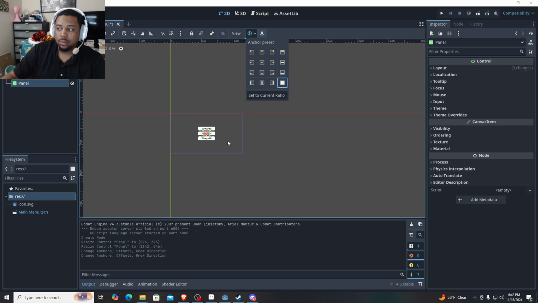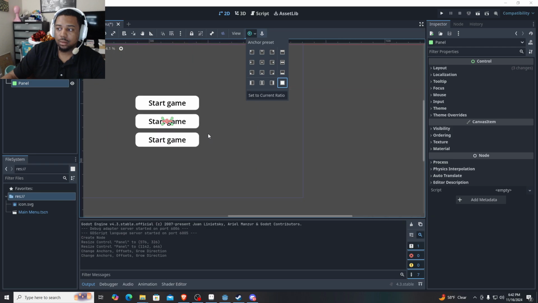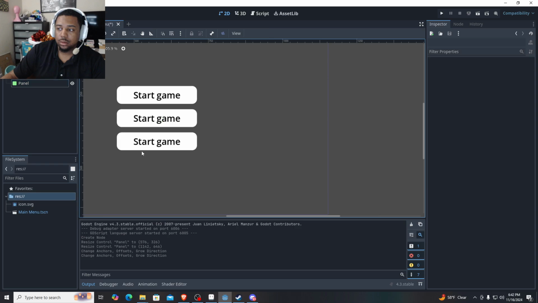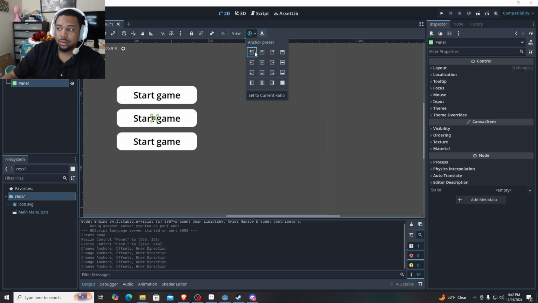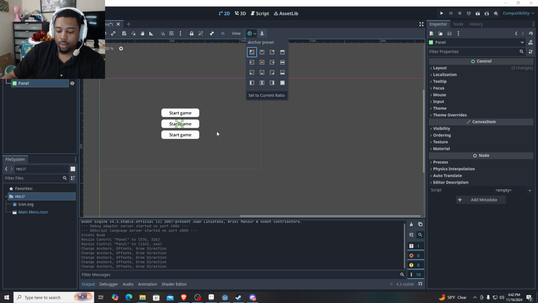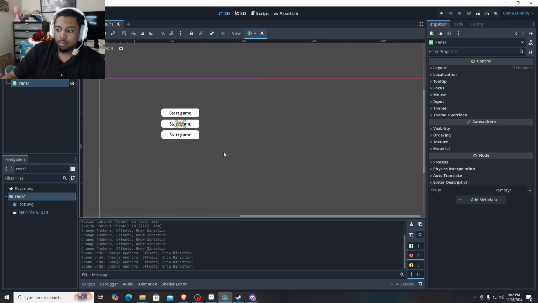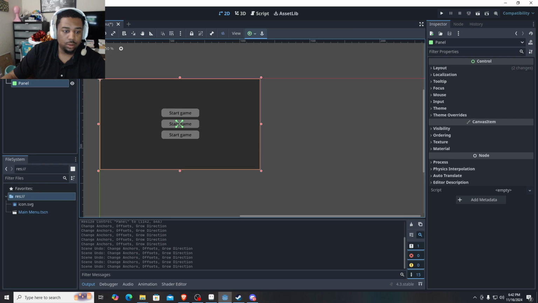Next, time for the image fill. In the inspector, go to Theme Where'd it go? Overrides, Styles, and in Panel, select New Stylebox Texture. Now simply take our background from the file system and drag it here to the texture field. If you want to make this image a bit darker, go to Modulate, the file system, and drag it here. So click here, and this time instead of center, let's go with this full rect preset. Next, time for the image fill. In the inspector, go to Theme Overrides, Styles,